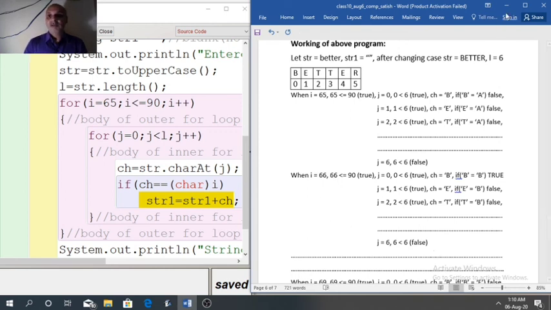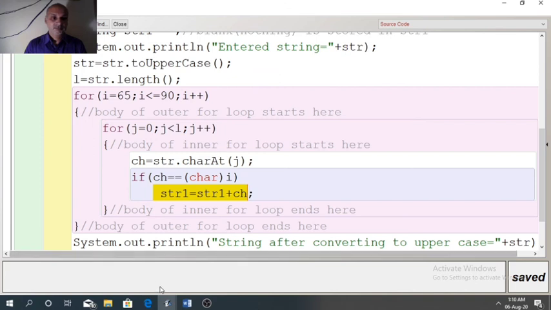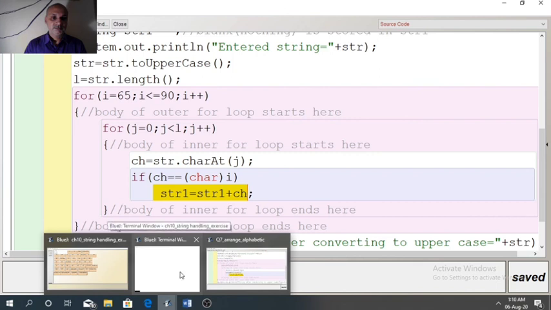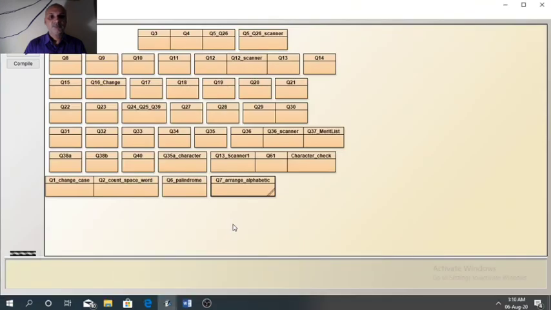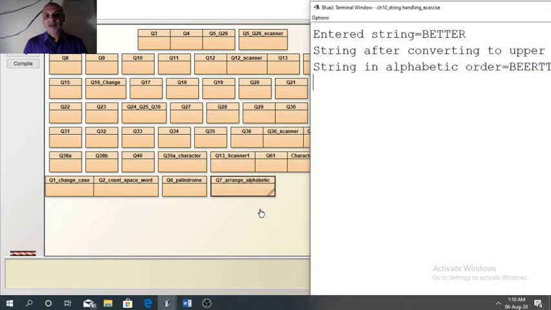So let us see the result of this program. I have typed "better" in capital letters itself.